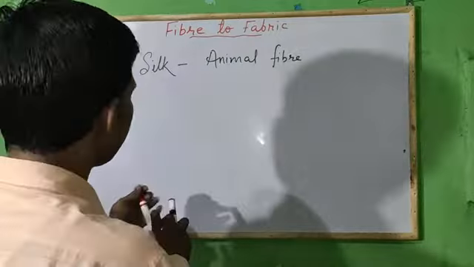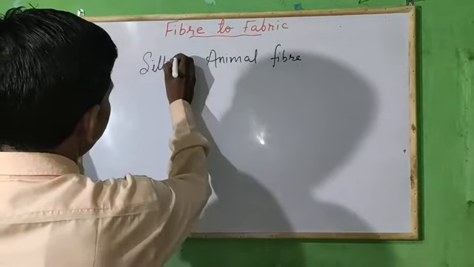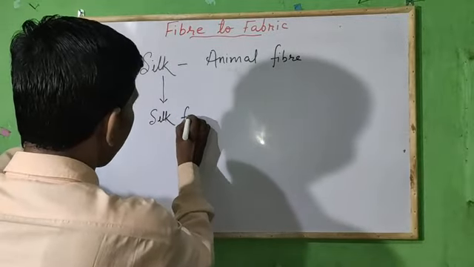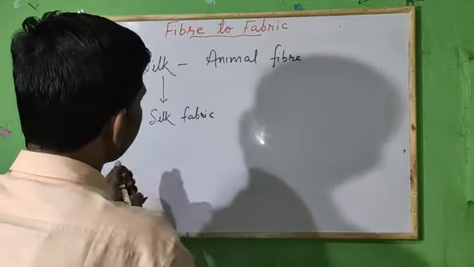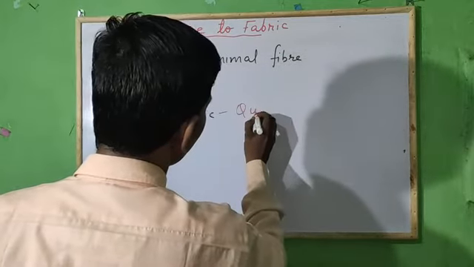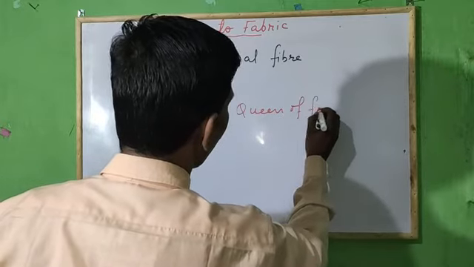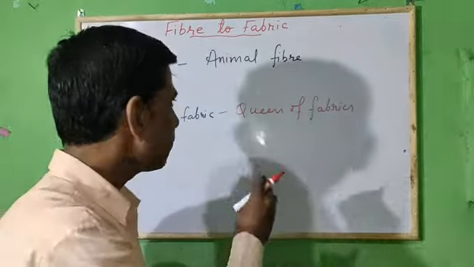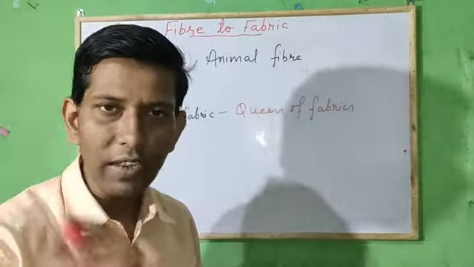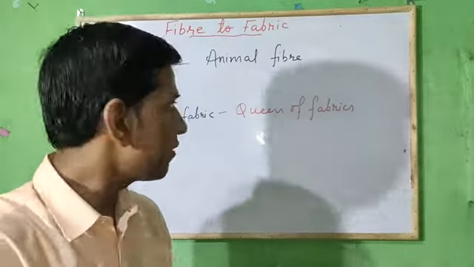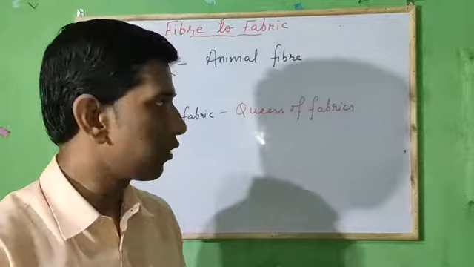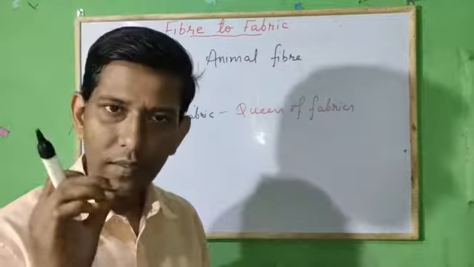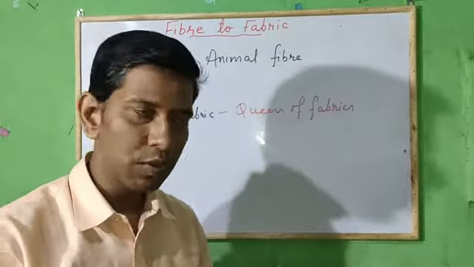Clear? This is the silk fiber that, after the weaving process, will convert into silk fabric. This silk fabric is called the queen of all fabrics. Why? Because, as I have already explained, of its highly lustrous look. It looks very beautiful, very good looking, and that is the reason it is also called the queen of fabrics. So right now I have explained the queen of fibers. Its journey starts from the silk moth. So today we will try to understand